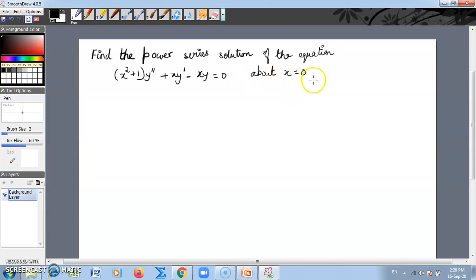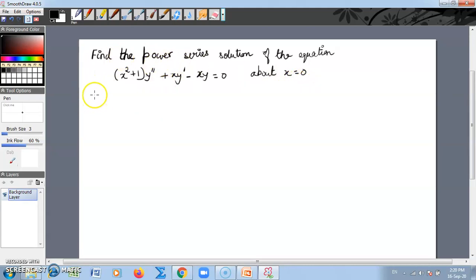But since I have already given you a lot of assignments on how to find whether a point is an ordinary point or a singular point for a differential equation, we will not go to that part, because the whole process of solving this differential equation is very long. So we will assume that this is an ordinary point,